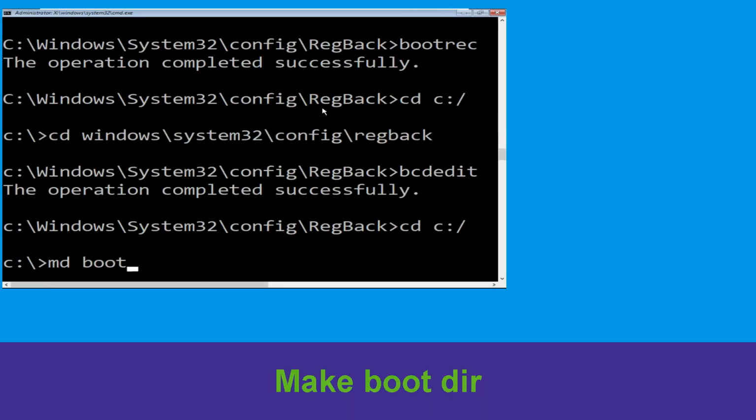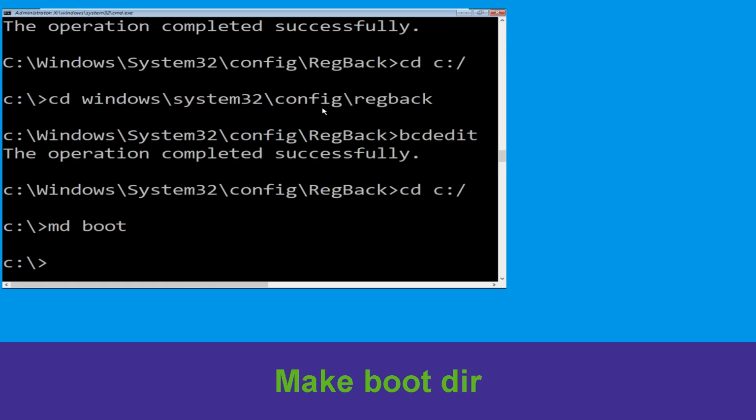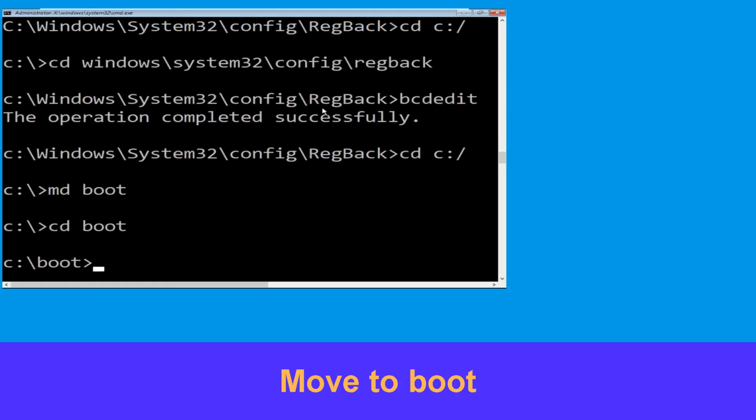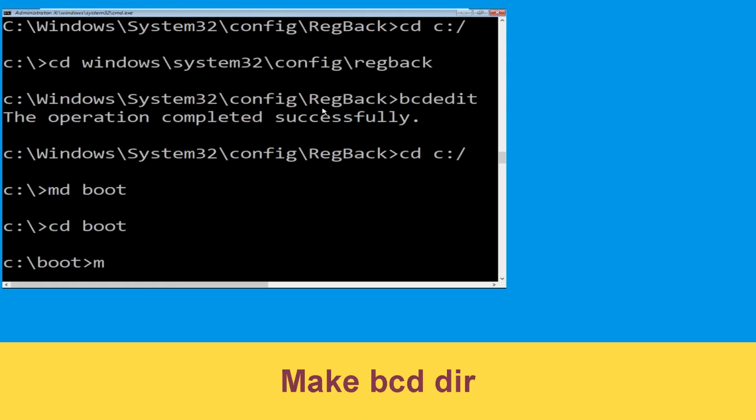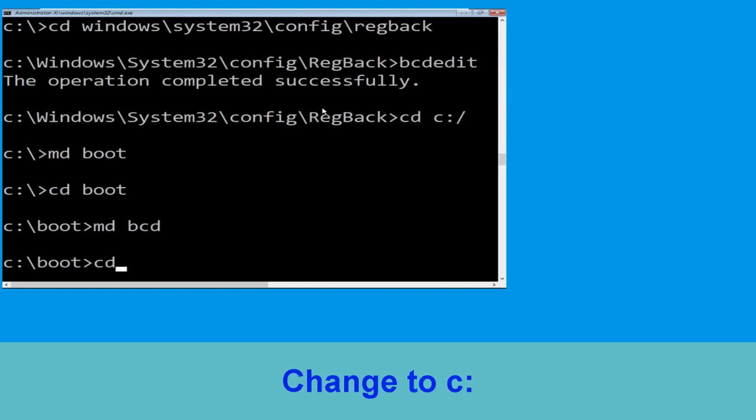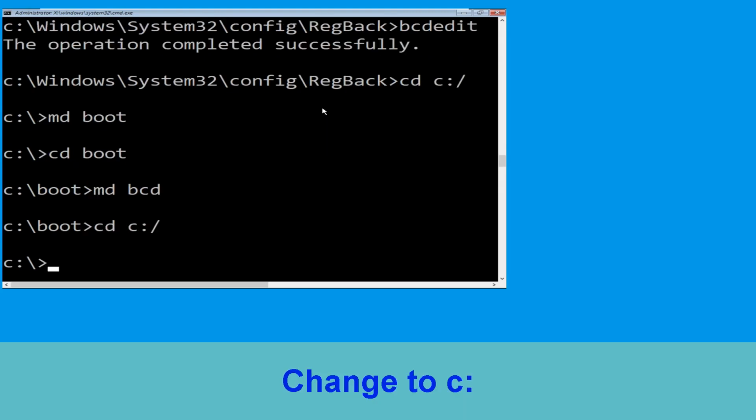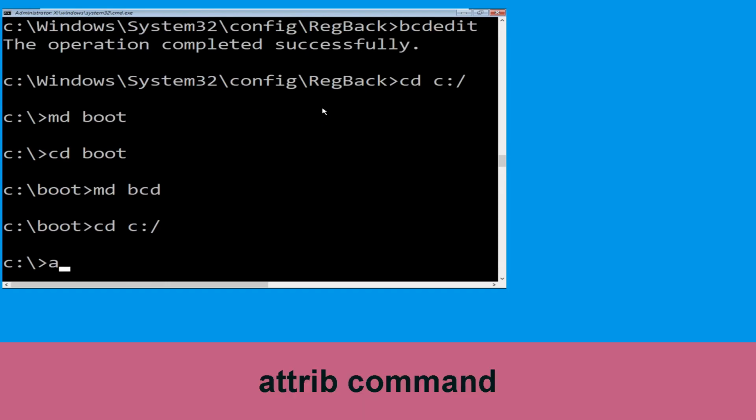Now type this command md space boot and simply hit enter. Type cd space boot and hit enter. Now execute this command. Type md space bcd. Type cd space C:/ and hit enter. Now type attrib